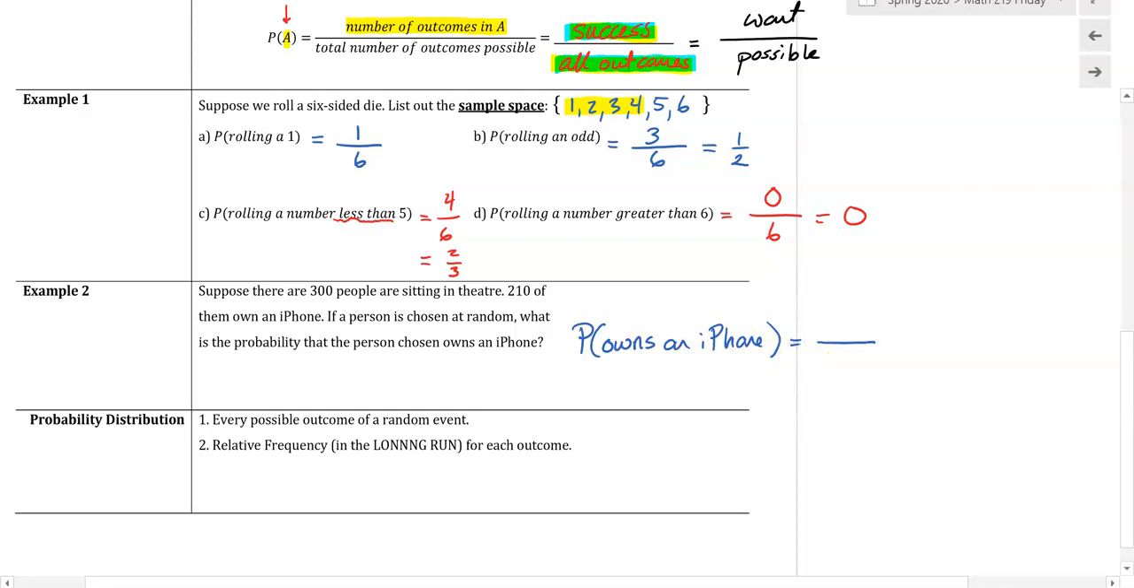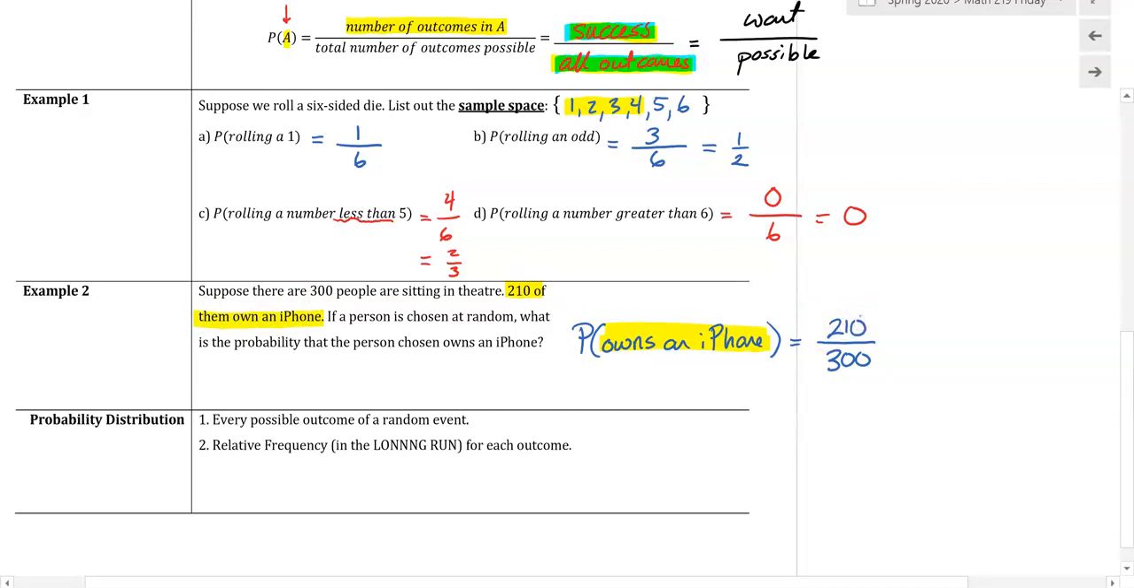Okay. Well, they said there's 300 people sitting in the theater. So that's my total number of outcomes. If I'm going to pick someone at random, there's 300 people to choose from. How many ways are there to pull off this win? A win would be you picked someone that owned an iPhone. Well, it says that 210 of them own an iPhone, so 210 would be the number of ways to succeed